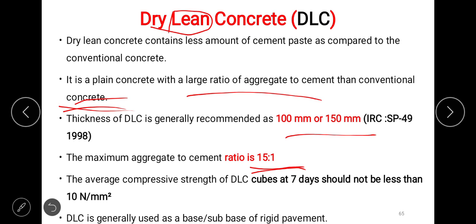The average compressive strength of DLC cubes at 7 days should not be less than 10 Newton per millimeter squared, or megapascal. Okay. DLC is generally used as a base or sub-base of rigid pavements.